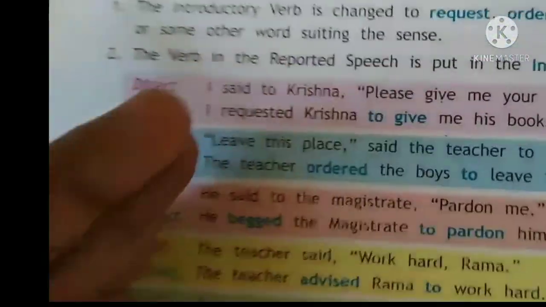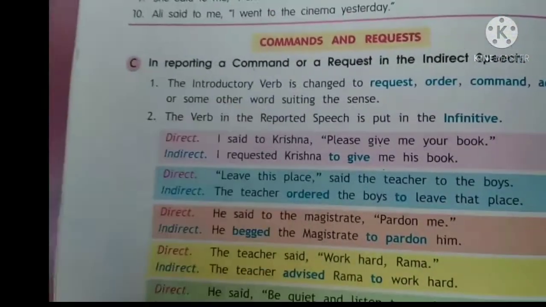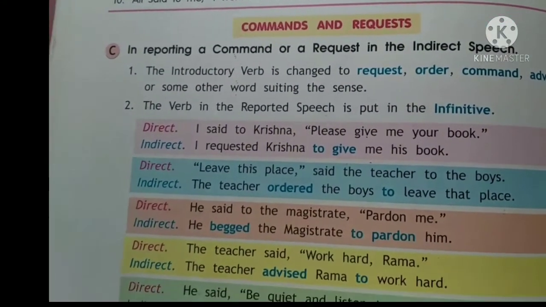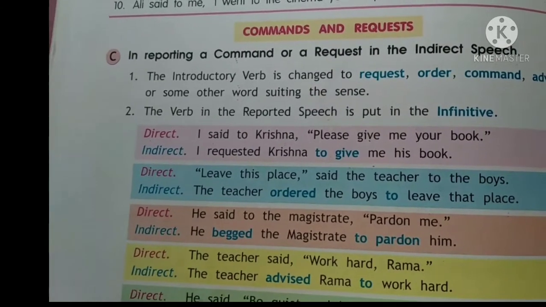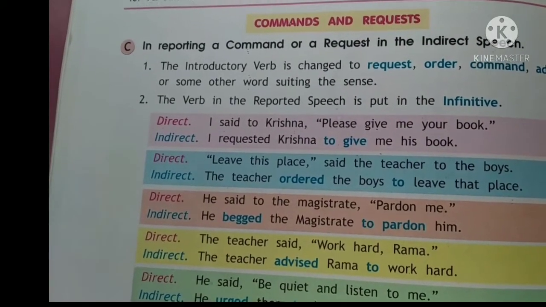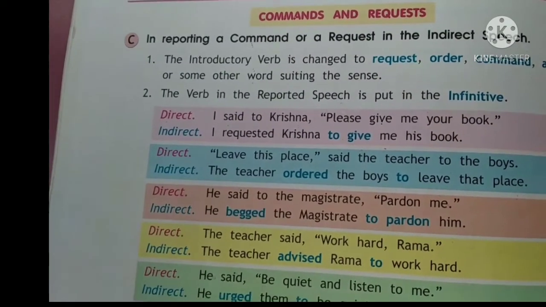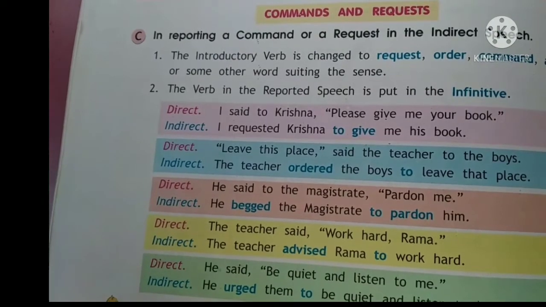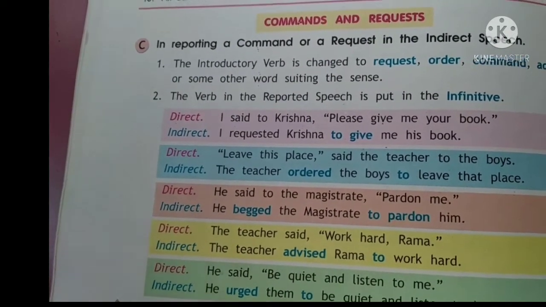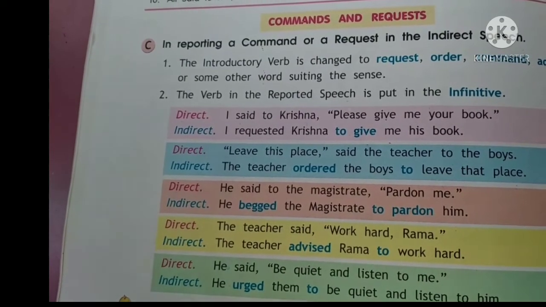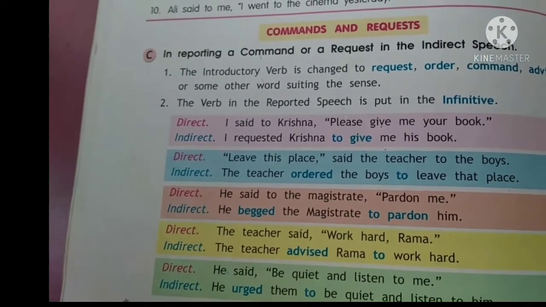Now we know that we have different types of sentences. So here we talk about the commands and request. So command sentences and request sentences. Command sentences are sometimes that we give a command to certain children, or we talk something in command, like the officers talk. And request means normally when we start with please and we ask something from someone, we request.